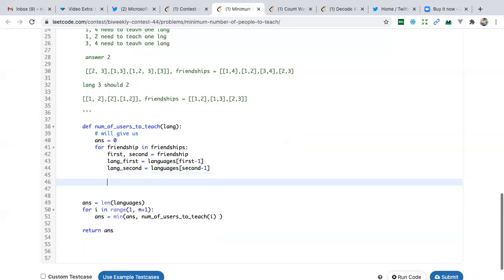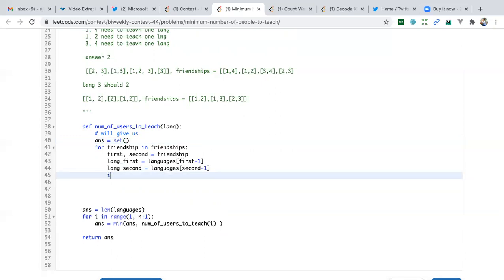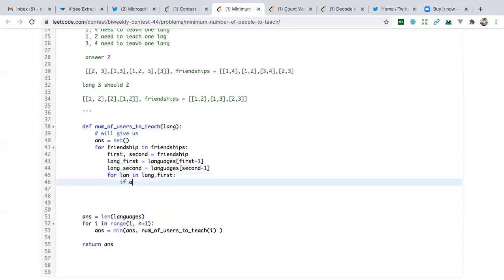And if there is no language between them, then we have to add 1 to both, right? Like answer will be a set and we will append the user. So for language in language first, if language in language second,